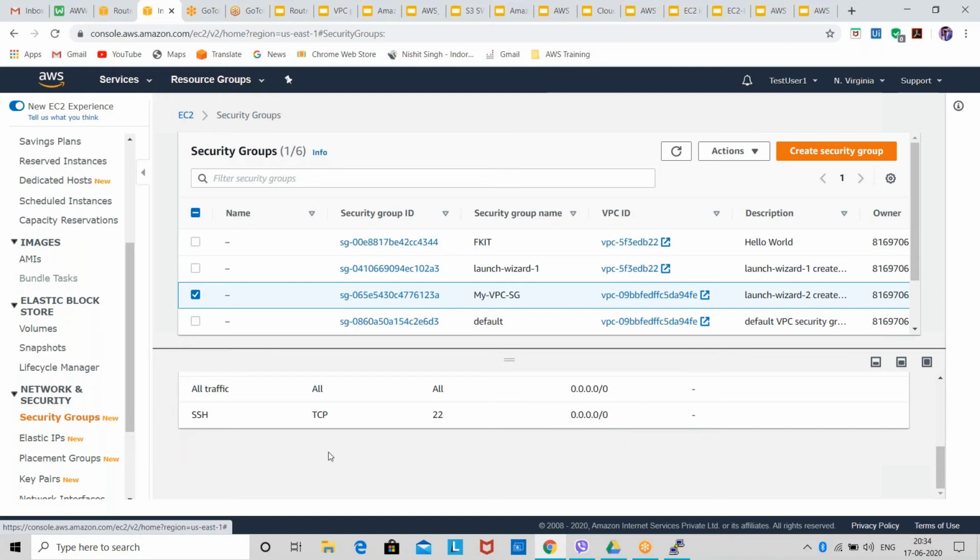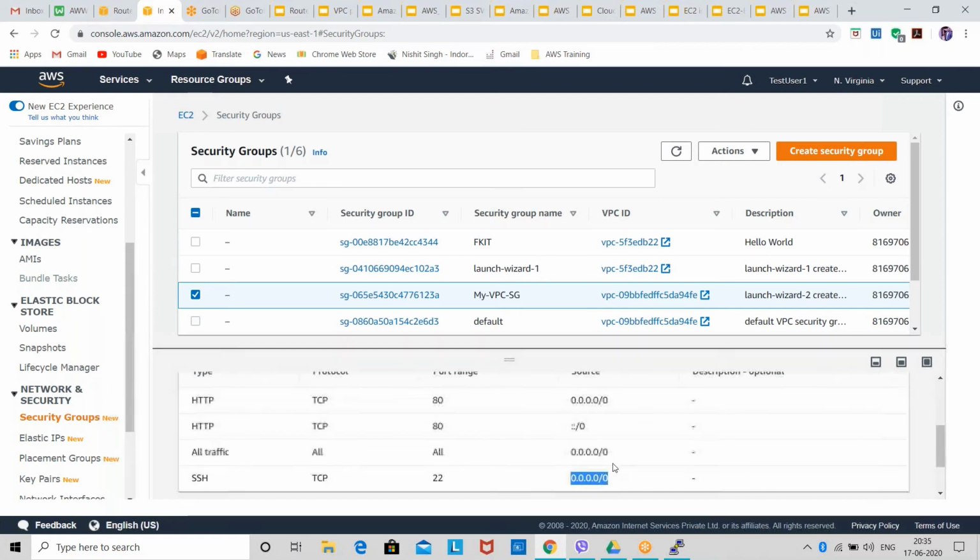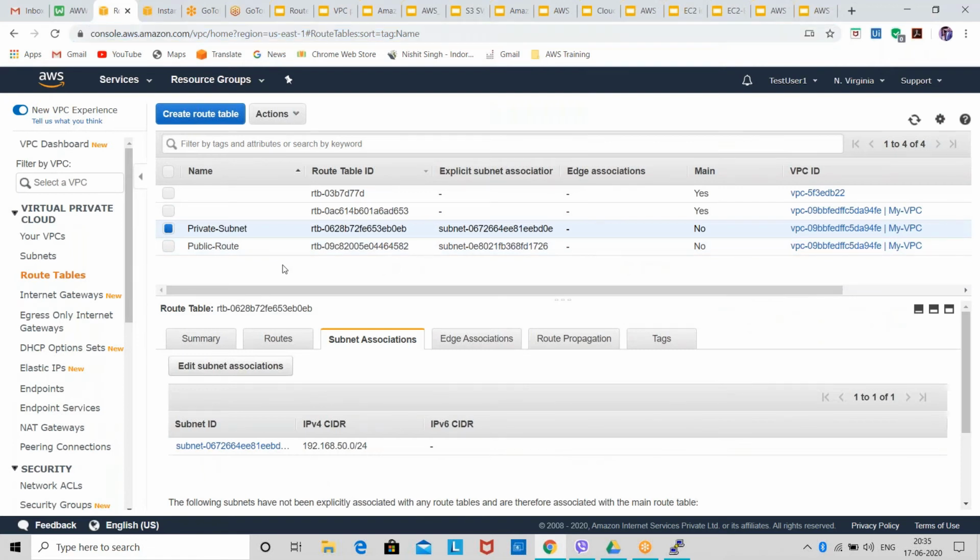Yeah, thanks. We have already given 0.0.0.0 for SSH. Okay, subnet association, I'll tell you. When we create a VPC, subnet and route tables, we have to associate our subnet to route tables.